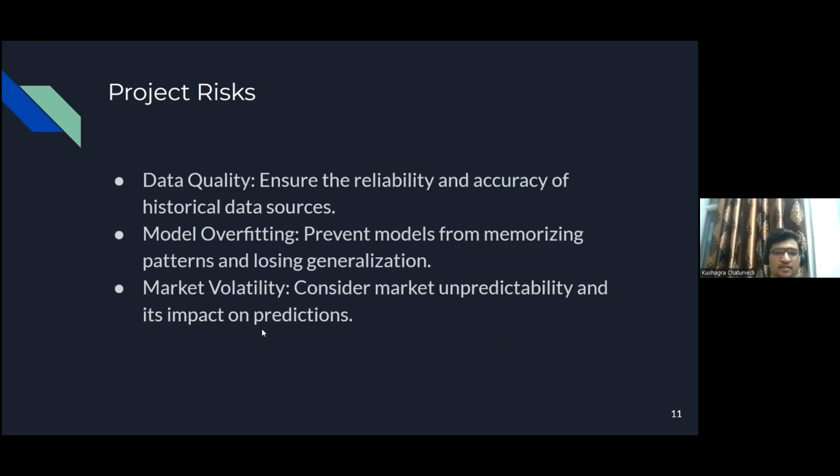Then the risks in this project are data quality. One of the most important factors here is that the stock market data we get should be high quality data and not low quality data. The data should also be correct, because the investors will be investing their money based on our data and on our model's predictions on that data. So if the data quality is poor, our investors will risk a huge loss. So we have to prevent that